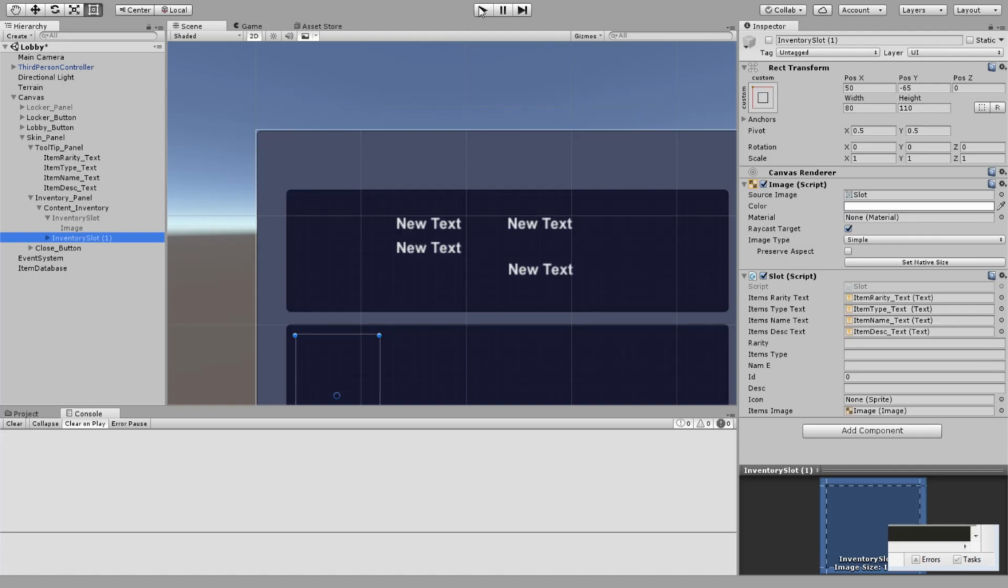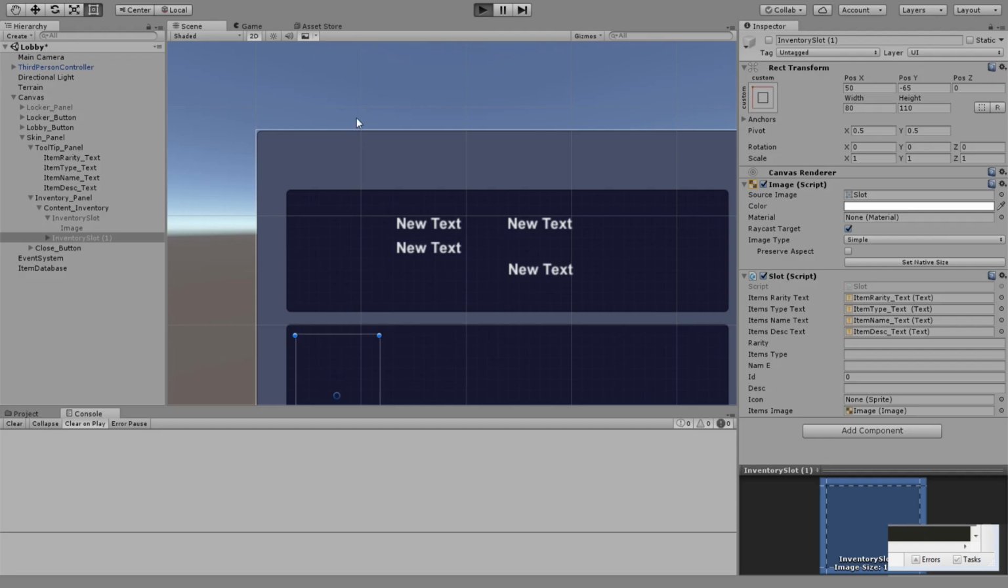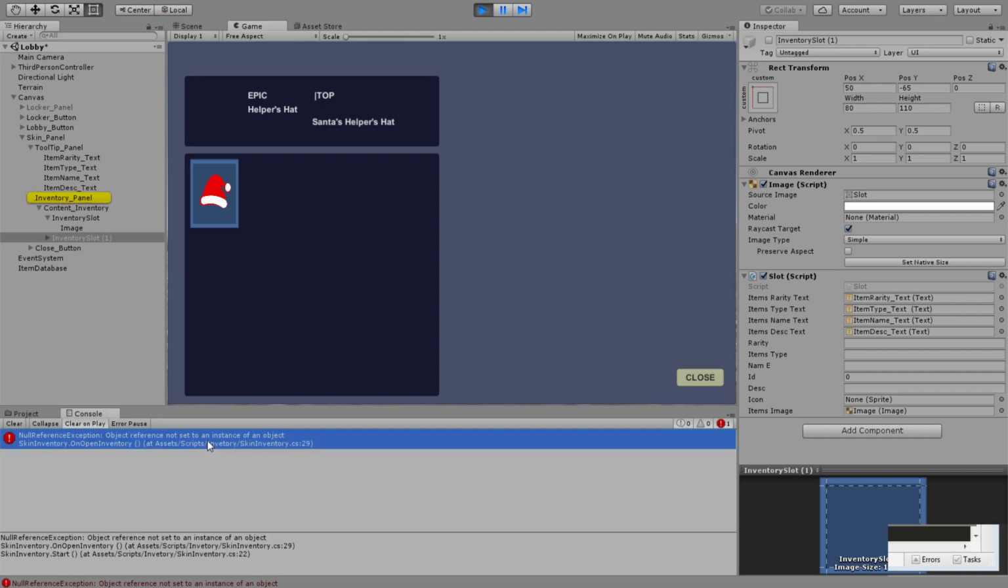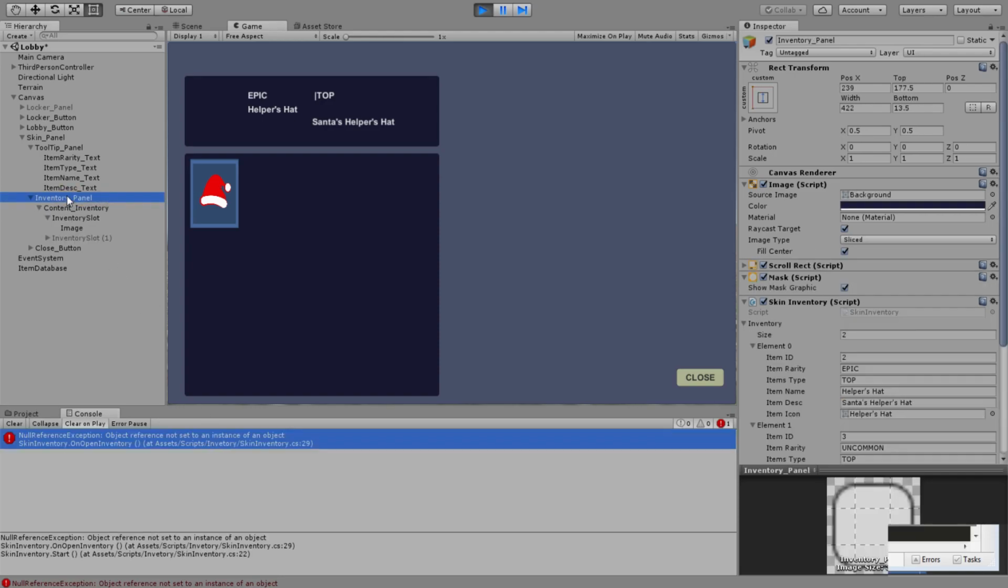Alright, if I hit play here, see how the new text, all that is visible right now? It should change right now if I go over this. See? It changed. But it looks horrible, right? But it did change. It gives you description and all that stuff. But my other, why am I getting? What's not